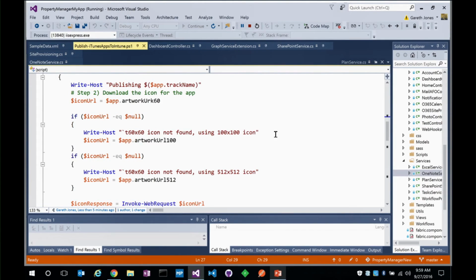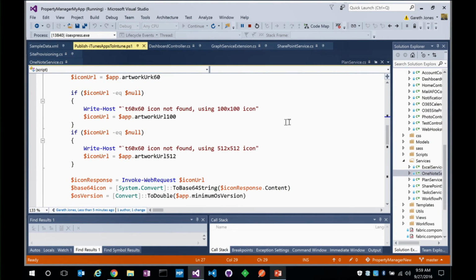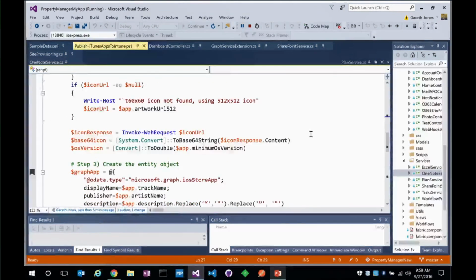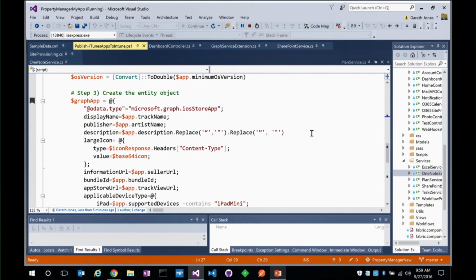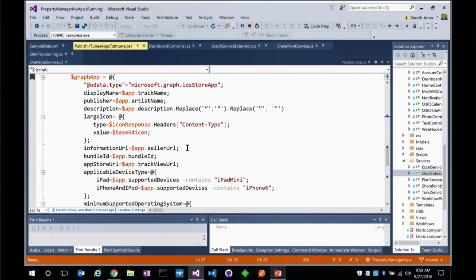Super easy. And then I'm just going to loop through them. I'm going to go and pull down the icons, because I need the actual raw data for the icons to pass in, to go and pull that from Apple, and then upload that into Intune. And I've got to do a little bit of logic here, depending on what icon sizes are available. So just a little bit of tweaky code there to say, hey, can I get the ones of the right size? And then I'll just make a little PowerShell object